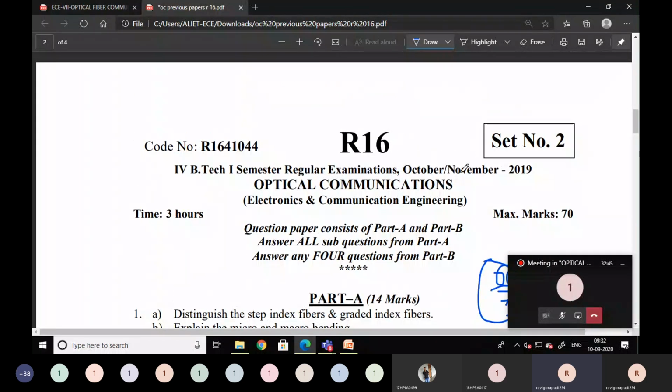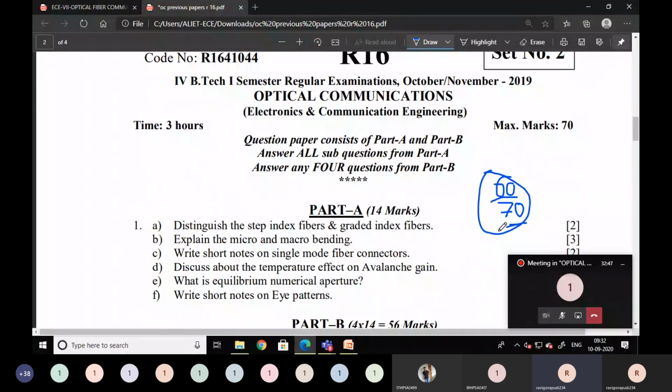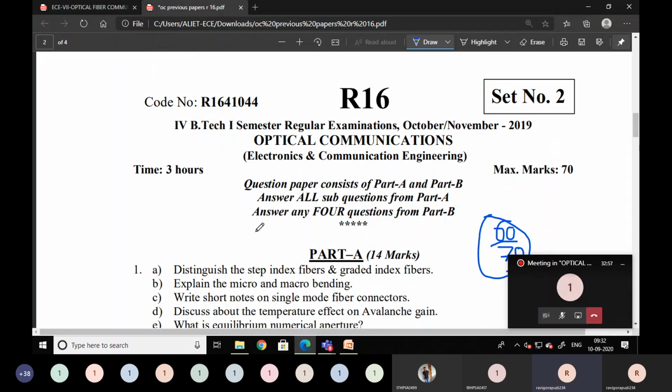And the second thing is concentrate on internals also. In externals we have choice, but in internals there is no choice. And we have less time. That's why concentrate on internals also, 30 marks. In that 30, 5 for assignment, 10 for online, and the remaining 15 in your mid paper. These 15 marks are in your hand, the online marks and assignment marks. Nothing but 50% of the marks you are getting freely in the internal.